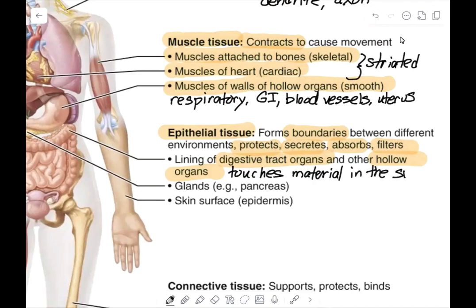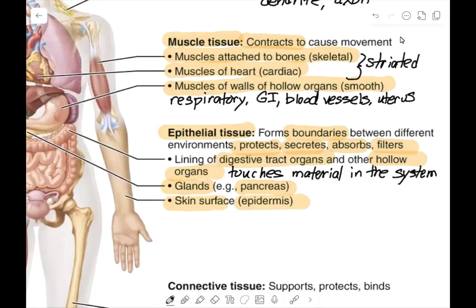So, for example, if it's in the digestive system, the nutrients that are traveling through the digestive system are going to come in contact with that epithelial tissue. Another example of epithelial tissue is found in certain glands like the pancreas, as well as the skin surface, like the epidermis. This is a great example of where it protects your body. And that specific type of epithelium is called